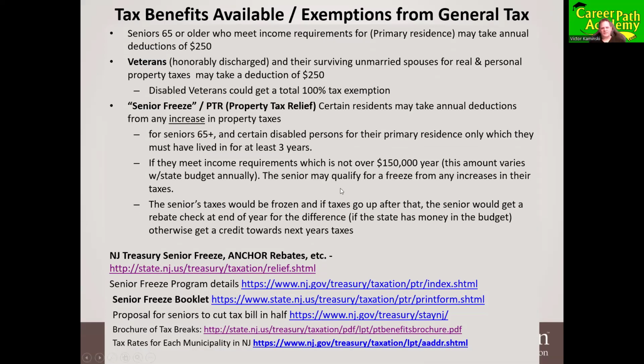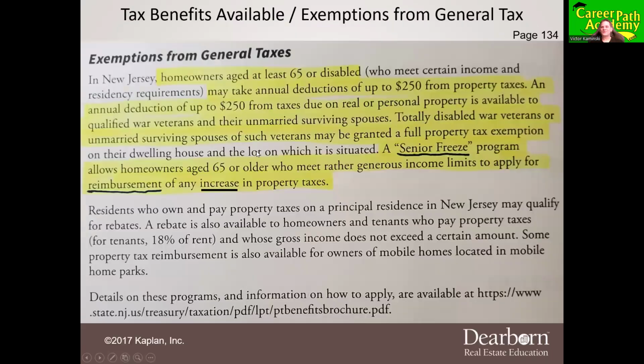Okay, so these are those senior programs that are available. And $150,000, that's nothing to sneeze at. So right now they raised the income to $150,000, where a senior can get their taxes frozen. Although we see that they're going to raise that to $500,000 to be able to not just give them a break on the difference, but to cut the taxes in half. Now, that'll be fine as long as they don't jack up the taxes by extraordinary amounts. Who knows with New Jersey, right?